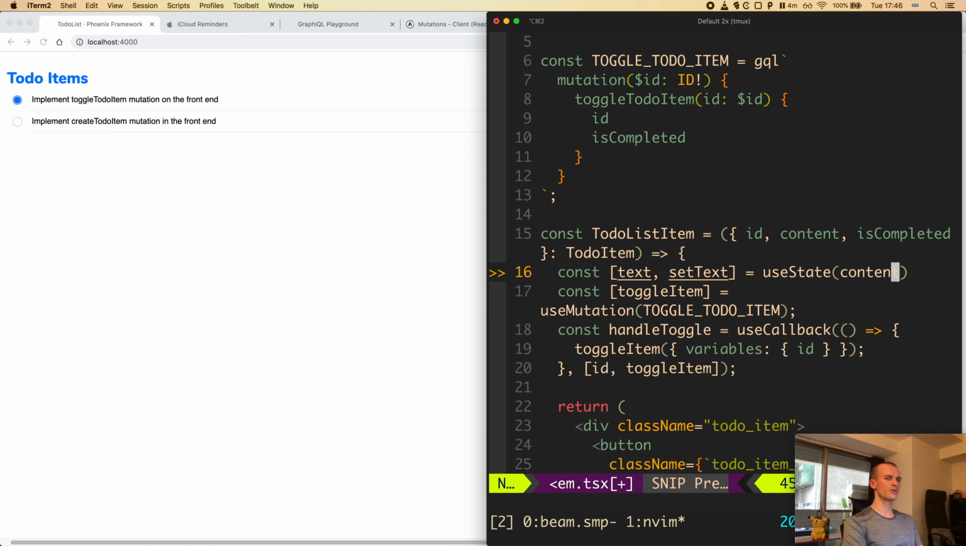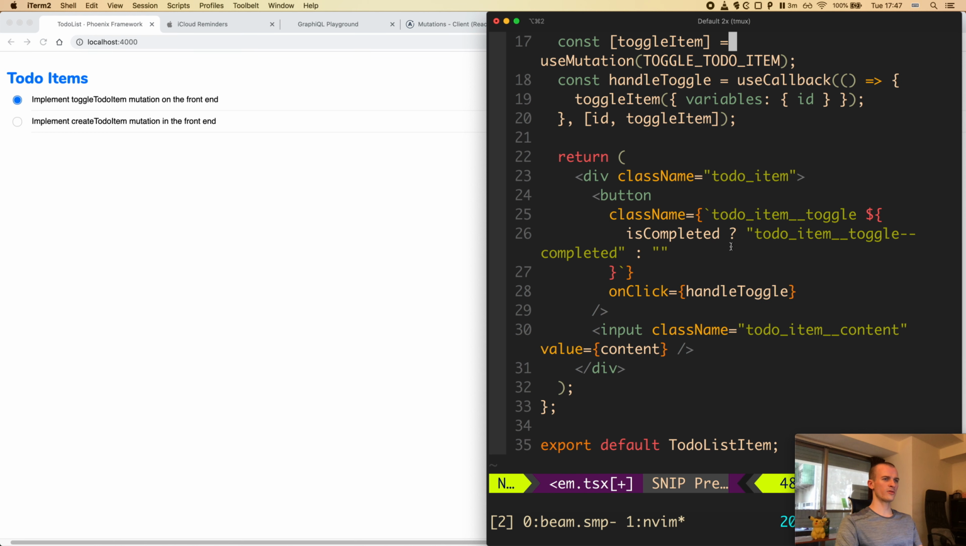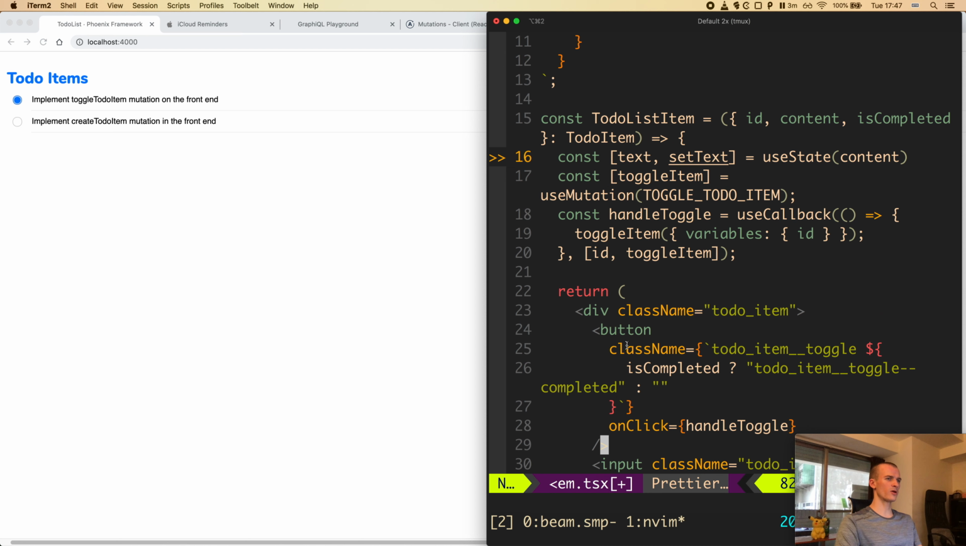This hook is similar to useMutation in that it returns an array, and we can destructure the array kind of like we do in Elixir. The first element is the current value of the state, and the second is a function that we can use to set the value. And useState only takes one argument, and this is the initial value of the state, which in our case is content. And down here I will swap the content for text, because this way it can be controlled,